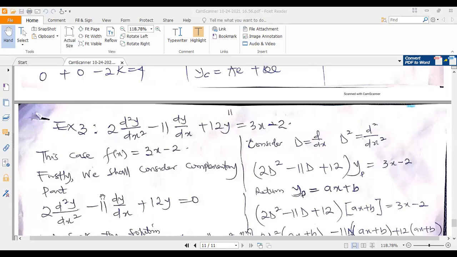Now, in this case, look at my assumed solution. Do you notice that in my assumed solution here, I didn't write A? Can you all see there? I said, let's seek the solution to be exponential mx, which is also correct. So if you put everything back to the problem,